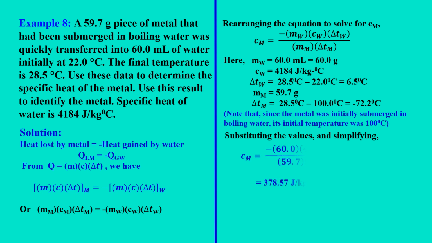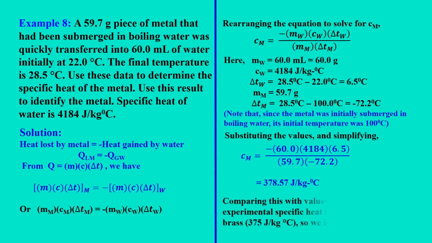Substituting the values and simplifying, we get C sub m equals 378.57 joules per kilogram per degree Celsius. If we compare this with values in table 1, our experimental specific heat is closest to the value for brass, which is 375 joules per kilogram per degree Celsius. So we identify the metal as